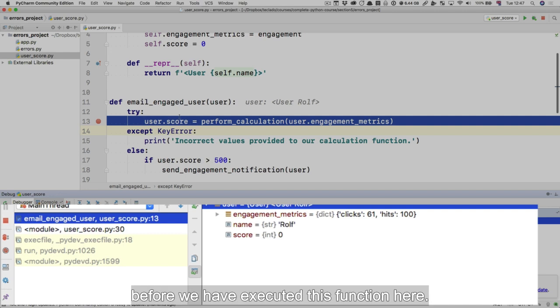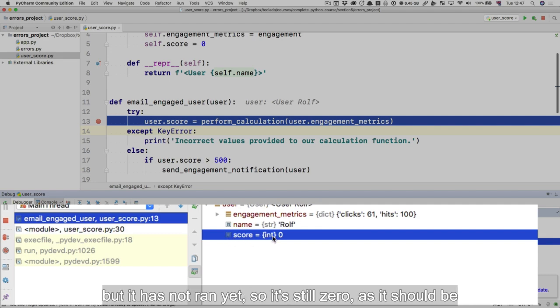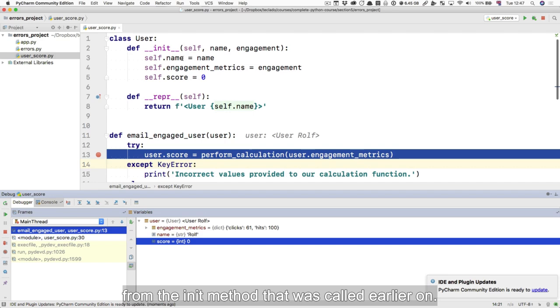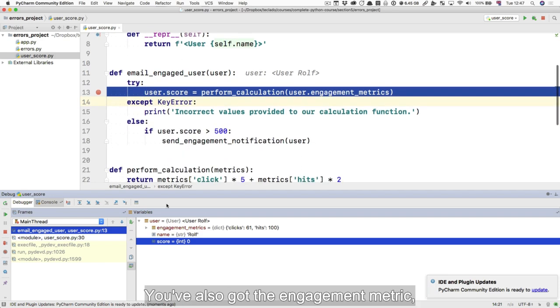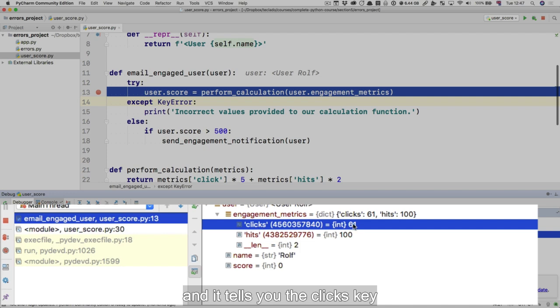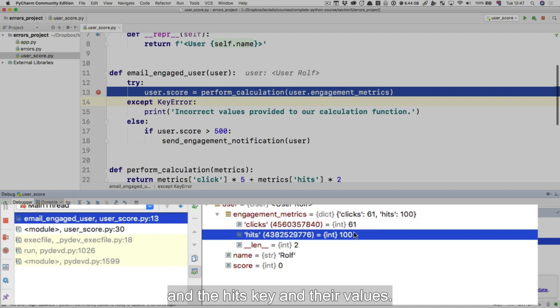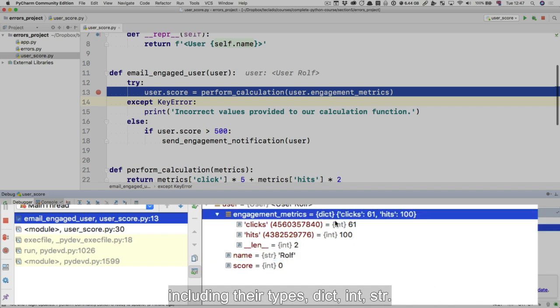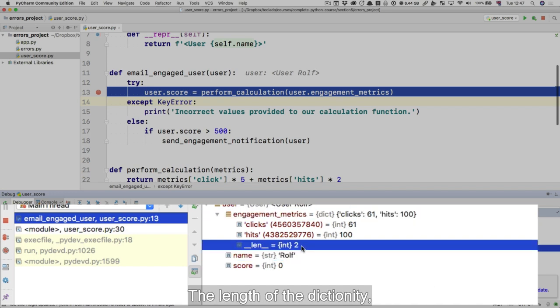Currently, we haven't executed this function here. Remember, this function is meant to update the user's score, but it hasn't run yet, so it's still 0 as it should be from the init method that was called earlier on. You've also got the engagement metrics, which is a dictionary. You can open that and it tells you the clicks key and the hits key and the values. And you can also open up the name and you can see that it's Rolf. You get a lot of information from these things, including their types, dict, int, str, the length of the dictionary,